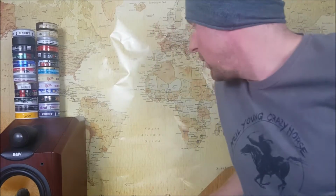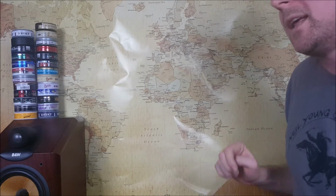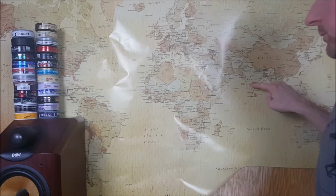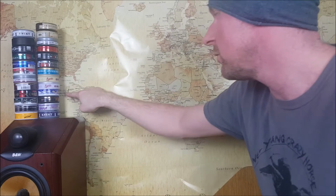Well, first of all, Conny knows a lot about tobacco, and he likes to play around with different tobaccos in his snus. For Islay whiskey, he was using snus from Nicaragua, Pennsylvania, South Africa and Ghana. This time around, let's have a look again at the old map. So we've got dried tobacco from India, from the States, from Guatemala, right there, the edge,